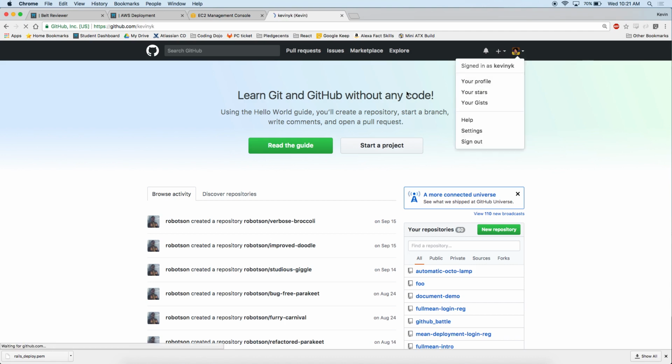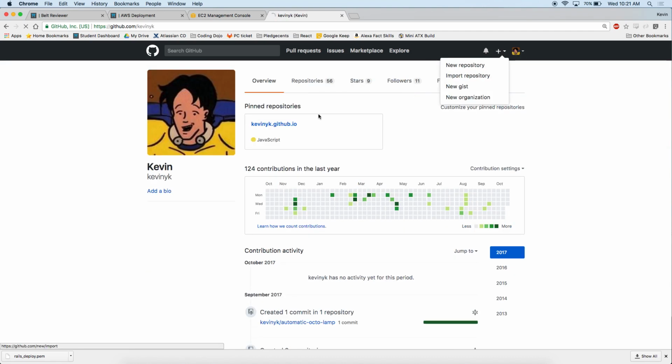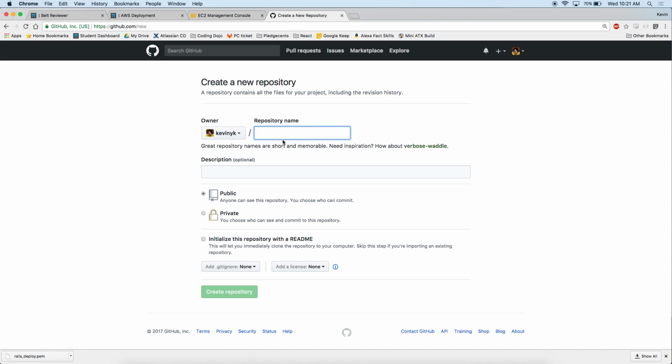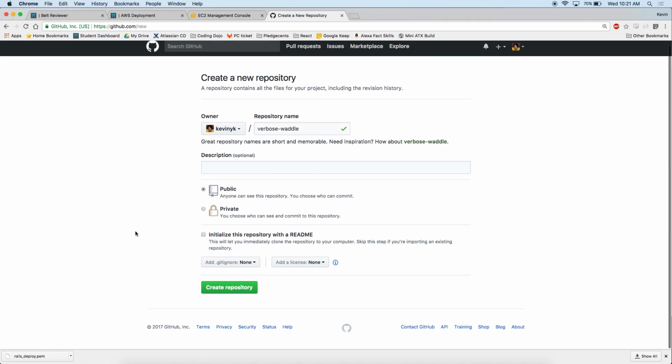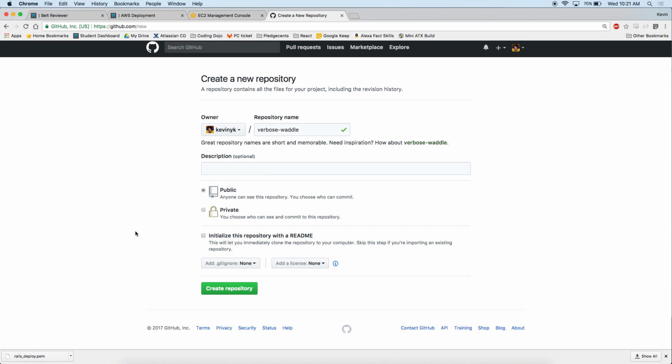Now I can just go to my GitHub, and all I'm going to do is create a new repository. We'll call this Rails. Actually, let's do verbose waddle. Yeah, that's a funny one. Okay. We'll have to do a public repository for this one. I would highly recommend, if you guys use GitHub for this, that when you're done,